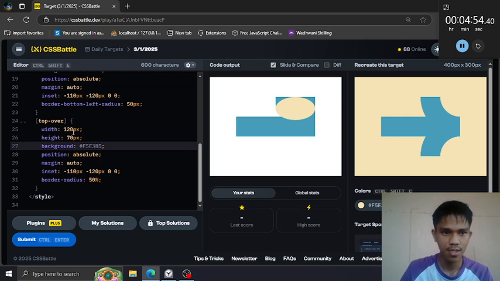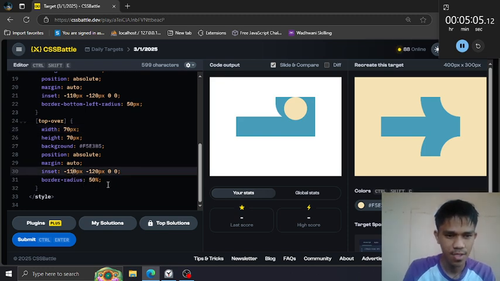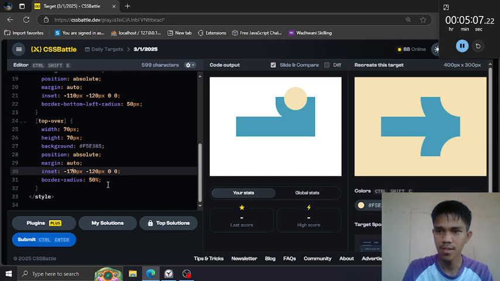Okay, like that, and the size is a circle. So make this 70. Okay, and move this to the top, 170. To the left, to the right, 170 again.